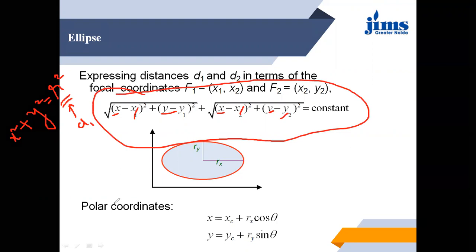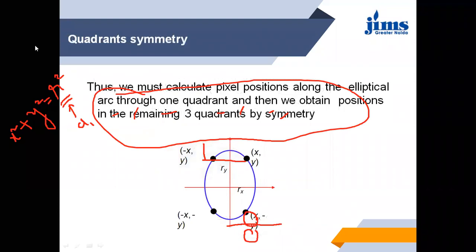If we want to find this in the polar coordinate system, as we discussed for the circle also, then it is xc plus rx cos theta, where rx is the radius on the major axis, the x-axis, and ry is the radius on the y-axis, that is the minor axis. So if we try to find out the coordinates in this also, then the thing we saw